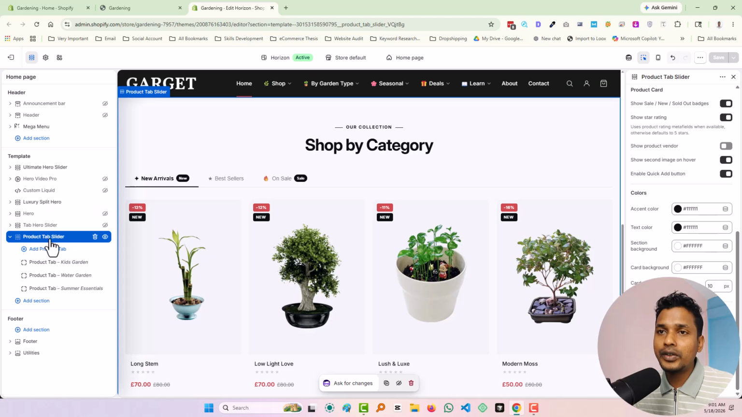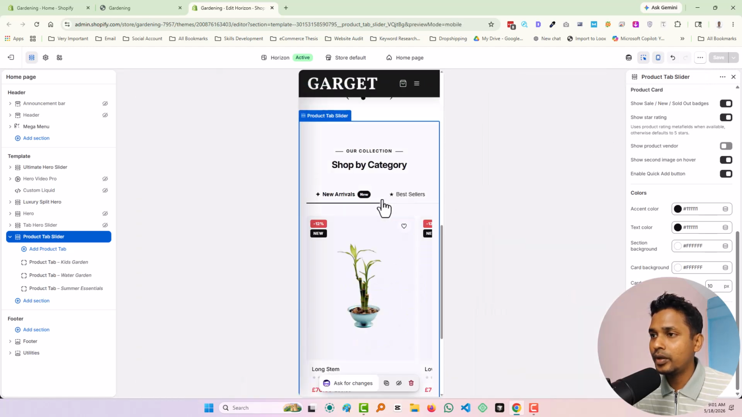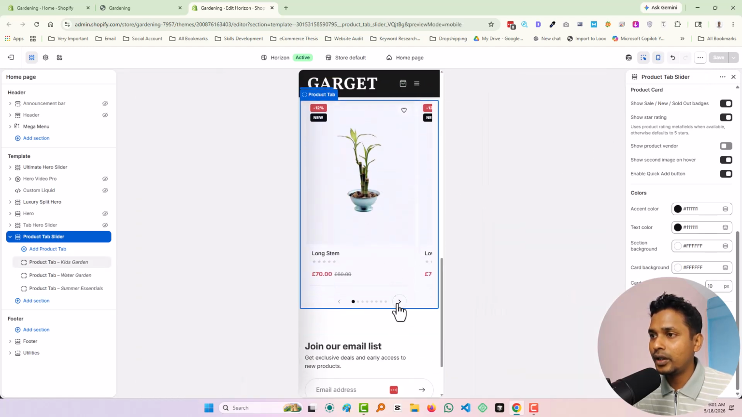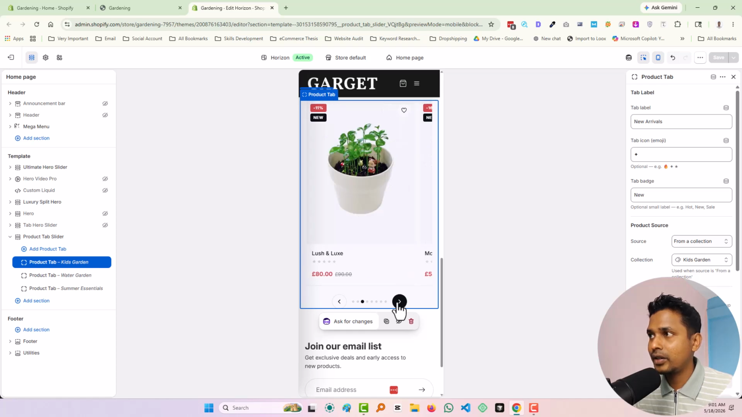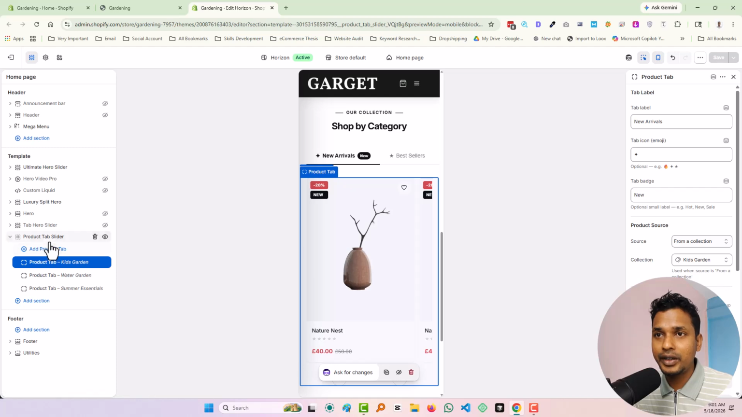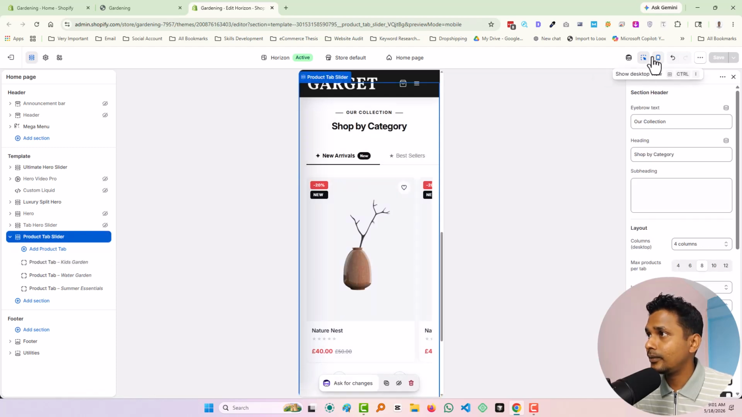Okay, so this is the general tab slider section. If I go to the responsive view, then you see it's fully sliding. You see, this is very amazing. Okay, then